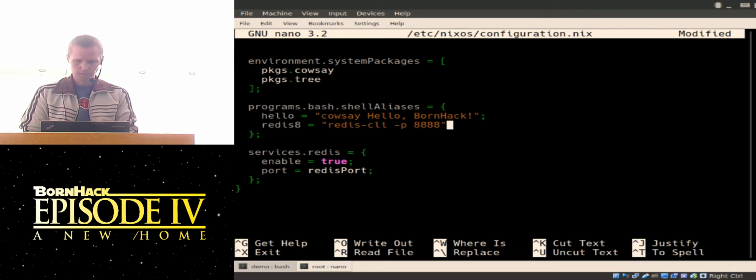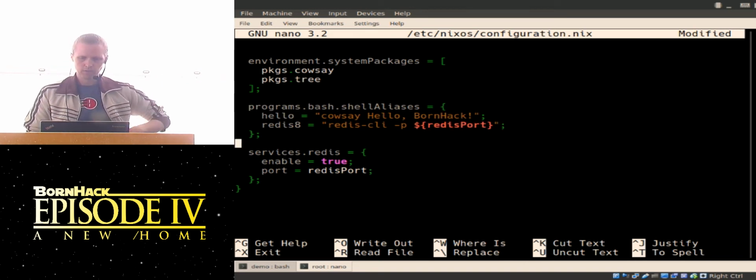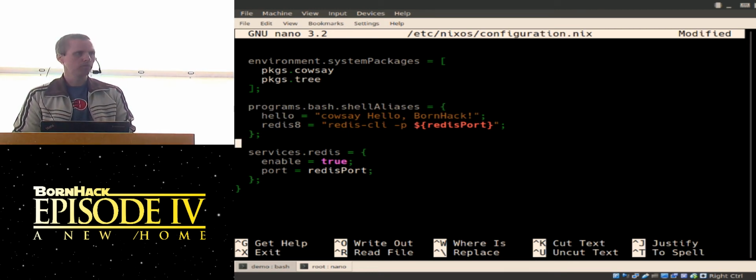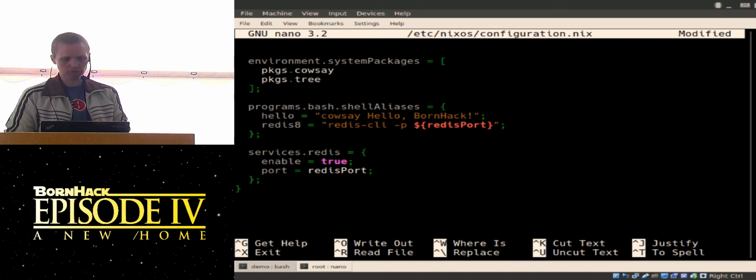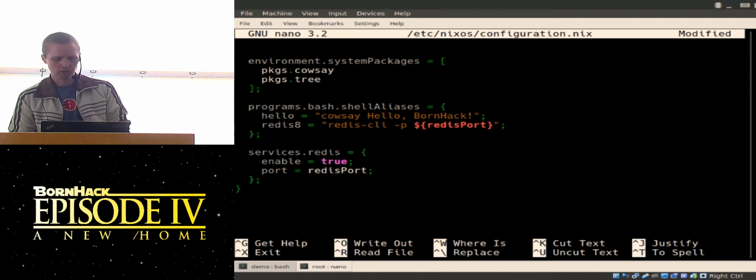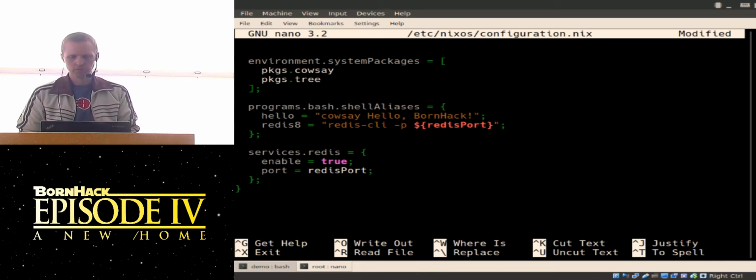I think that's the way you specify the port. So this is a nice way to show that by having a single language, which is fairly powerful, you're able to kind of integrate different configurations for different systems and programs in a relatively natural way.